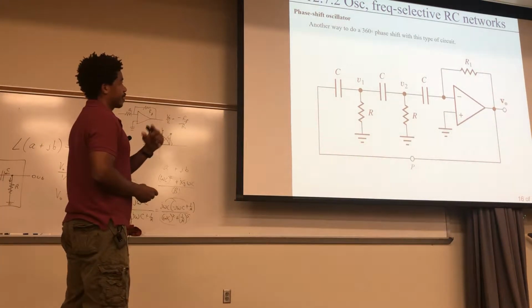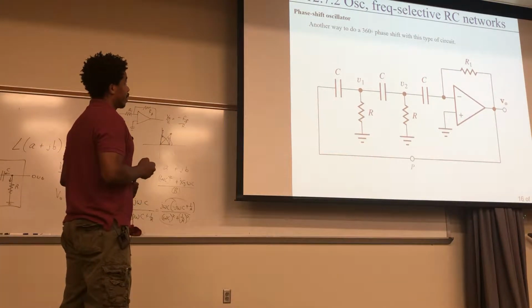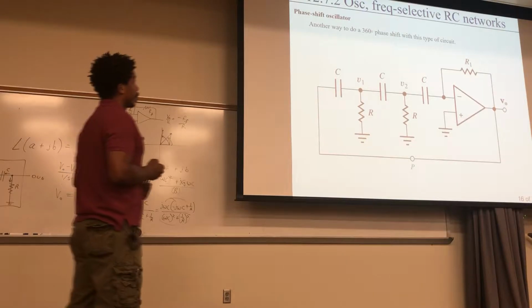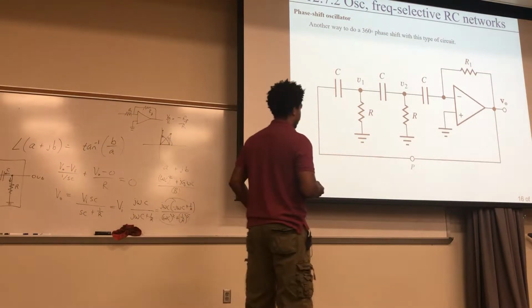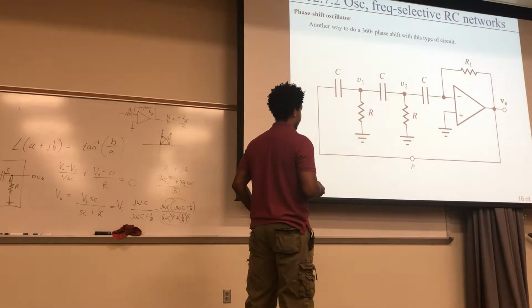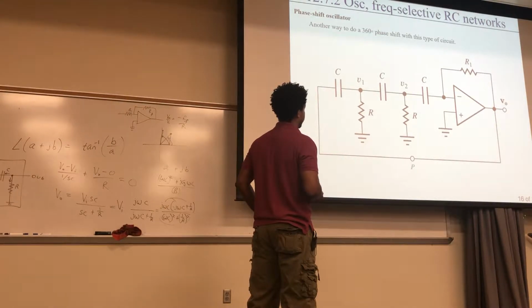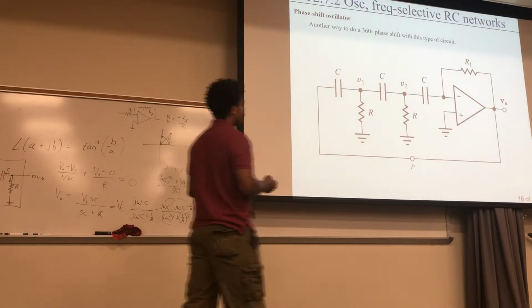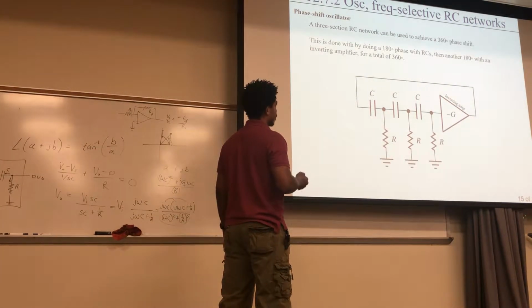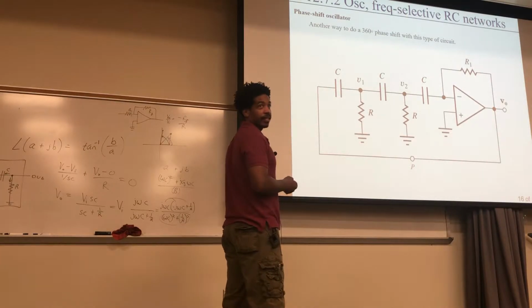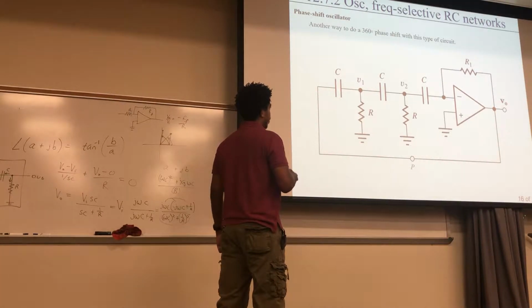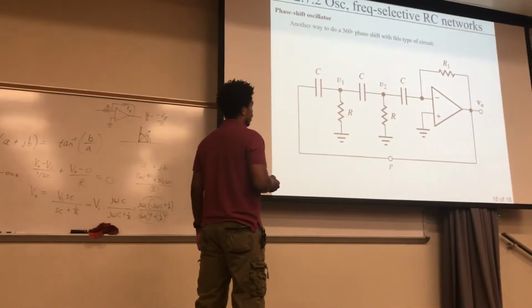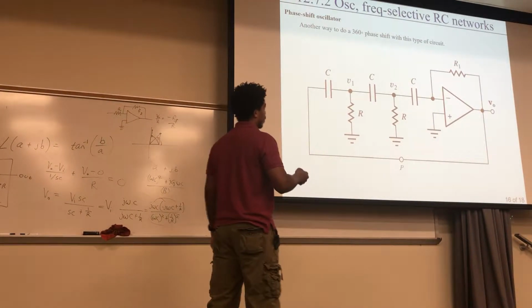So let's try the same thing with this phase shift oscillator, right? And we'll break it up at this point P right here. Okay. And we'll do this 360. Now keep in mind that this right here is not the same thing as this. Even though you see CR, CR, another CR, this one right here,